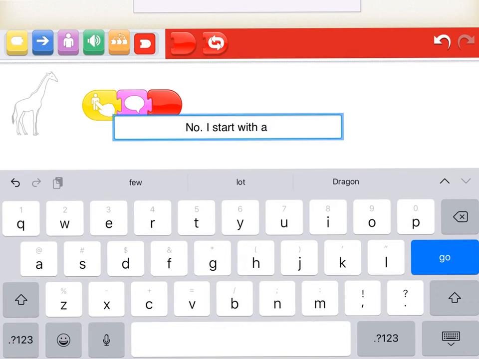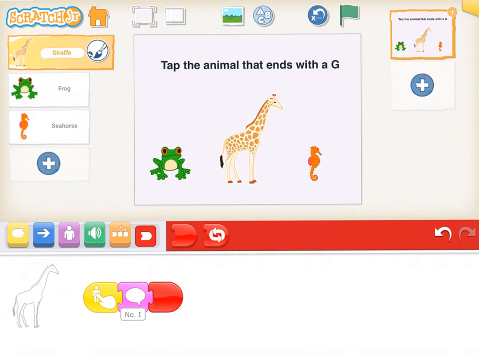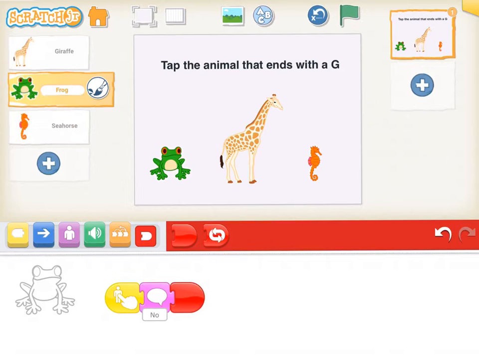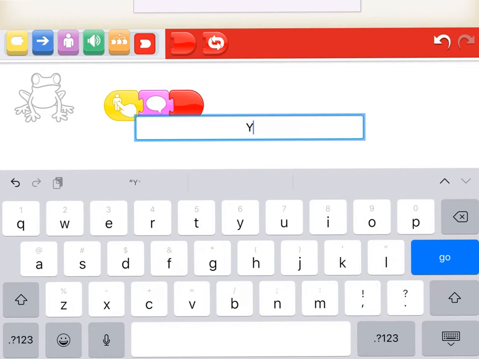So I changed the direction. So a third level of complication, you can make it the ending letter. Tap the animal that ends with G. So the seahorse is still a no. The giraffe starts with a G, doesn't end with a G, but the frog does end with a G. Yes, frog